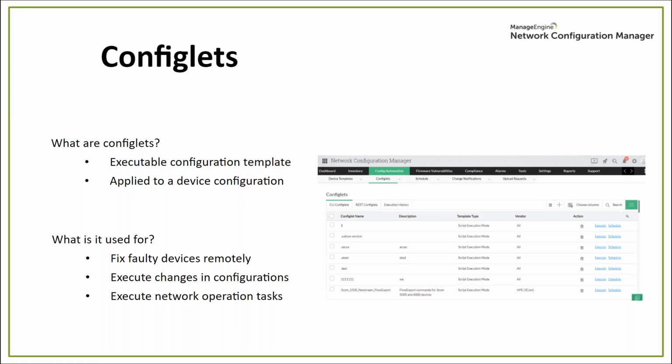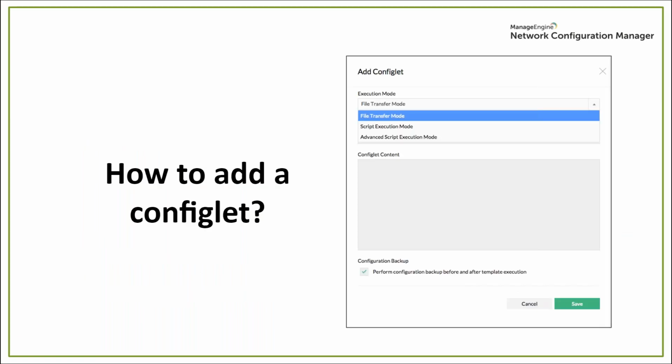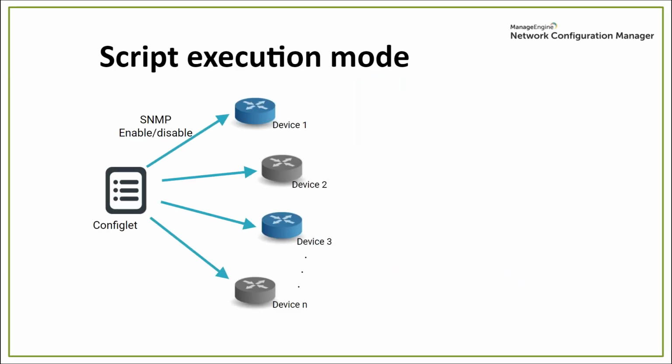There are three types of execution modes in the configlets. You'll see them while you're trying to add a new configlet. The three execution modes are the file transfer mode, the script execution mode, and the advanced script execution mode. Before I show you how to add a configlet, let me just walk you through these execution modes. First we have the script execution mode. This is commonly used when you want to execute a configuration script in a single device or multiple devices simultaneously. An example of a script execution mode configlet would be a script template that is used to enable